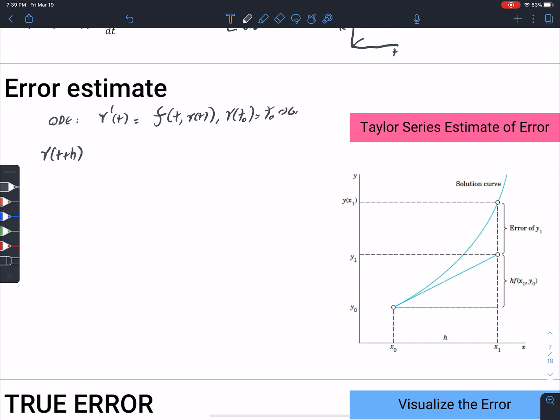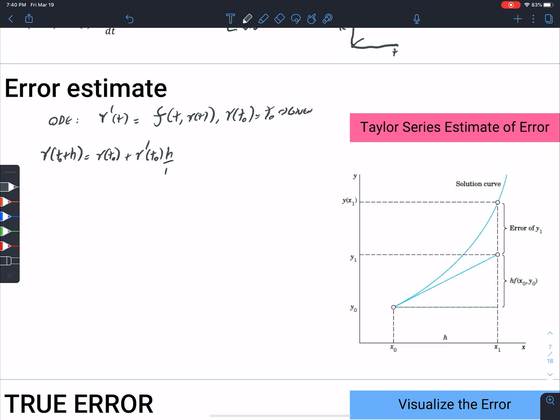So this is given. And then we said, okay, y at some displaced value h from t naught, what's the formula for that? That's where we plug in Taylor series. And that's going to be y of t naught plus y prime of t naught times h,